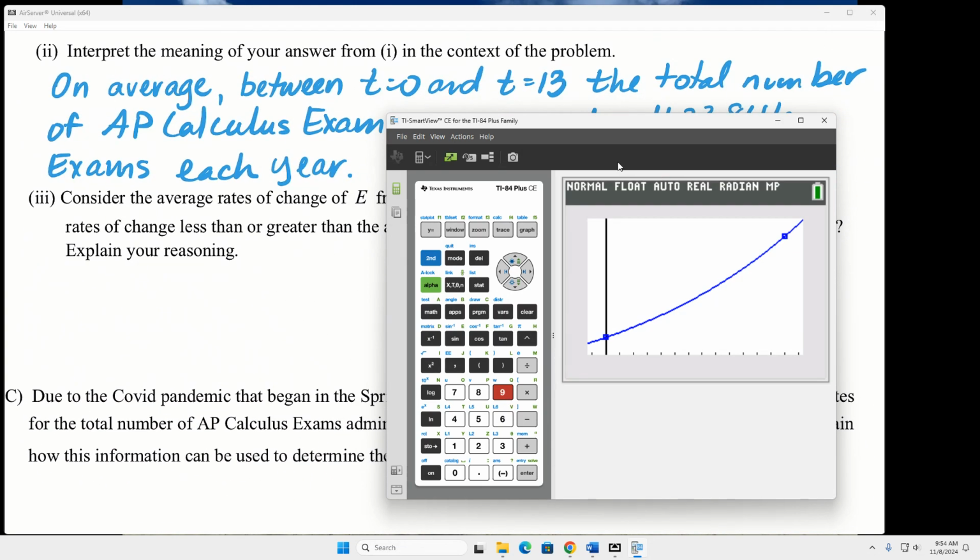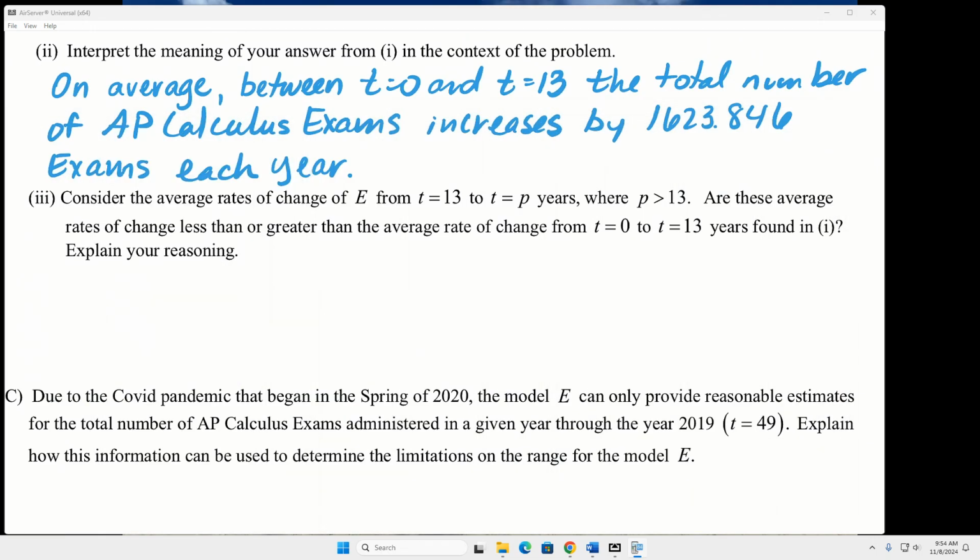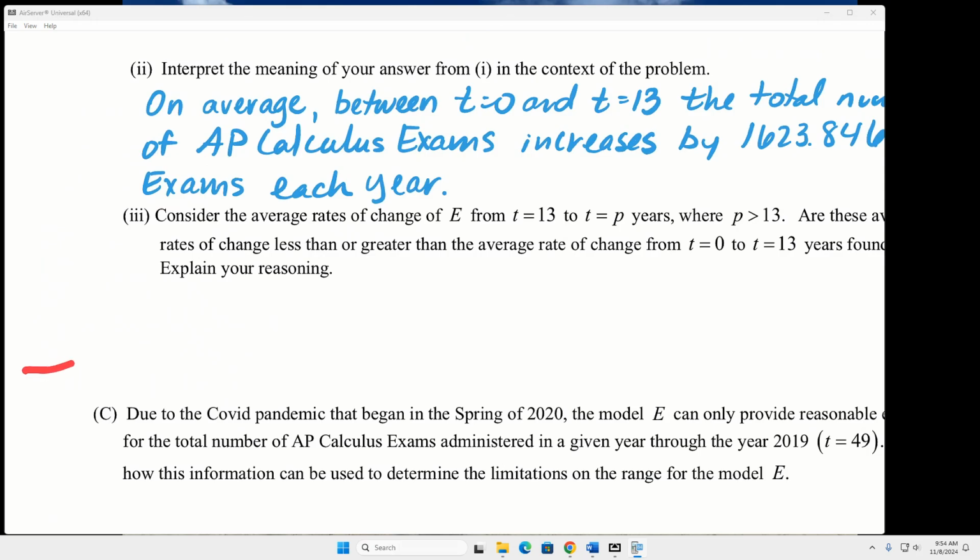So we're looking at an exponential graph that's concave up. All right, we'll say T equals 13 is here. And what we're finding, what we're comparing is average rates of change that are from 13 and then to bigger values. So 13 and then to something larger than 13. All right? The average rate of change we just found